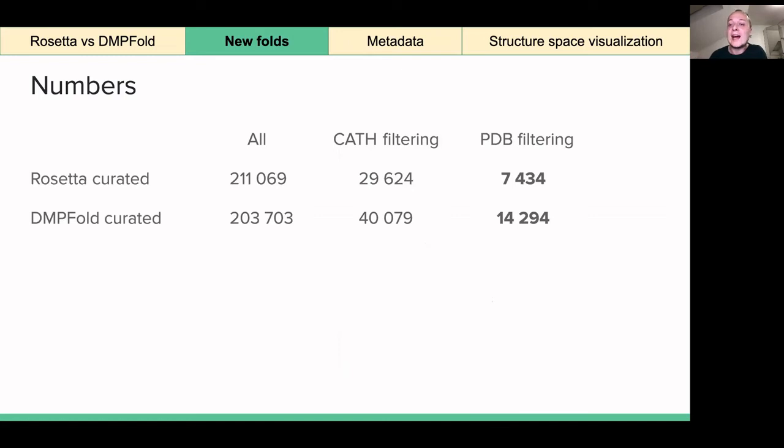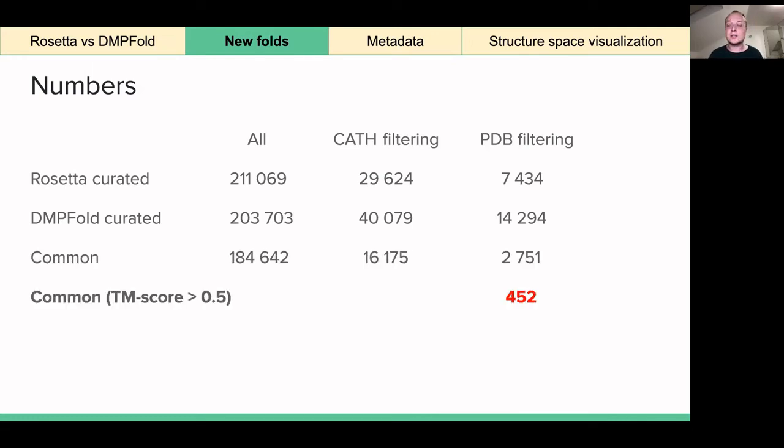How does it look in terms of numbers? After we apply both CATH and PDB filtering, we're down to 7,500 models for Rosetta and 14,000 models for DMPfold. This is quite a high number, so we wanted to see what it looks like where those two methods actually agree. For sequences that are the same between the two methods, where both identify them as putative new folds, we're down to 2,751 models. And if we additionally apply the criterion that the new fold according to both methods is actually the same new fold, we're down